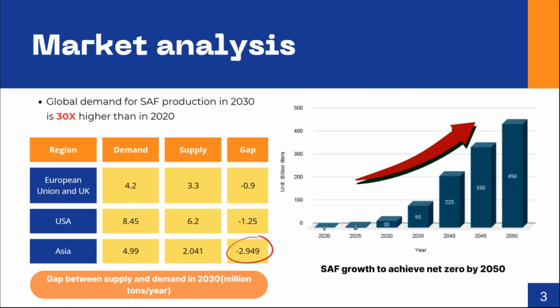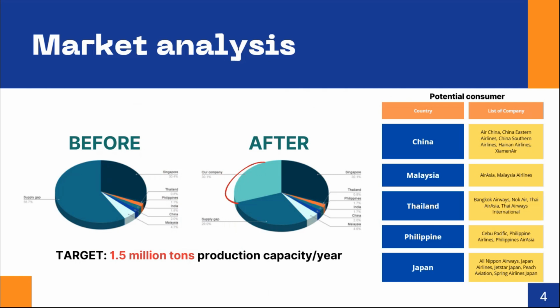From the right diagram, we can see that the SAF demand grows rapidly to achieve net zero by 2050. From the left table, we can see that Asia has the largest supply gap. Considering the distance and other factors, Asia is our ideal market. Our target is to produce 1.5 million tons of SAF per year to be one of the largest SAF suppliers in